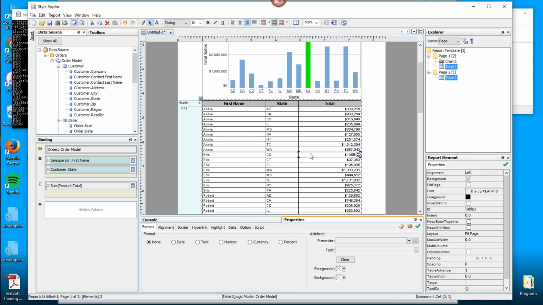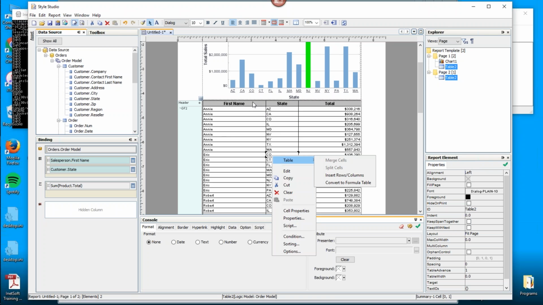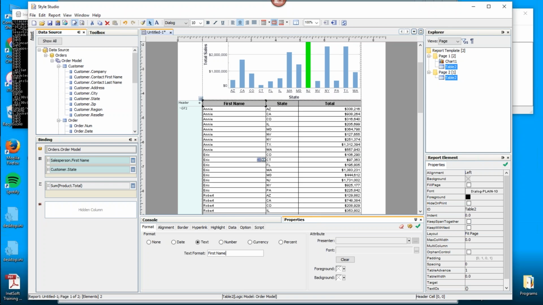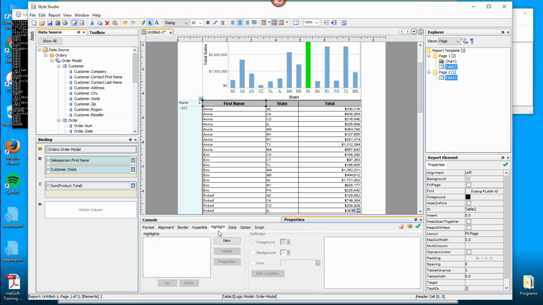Let's go ahead and add the highlight. And again, the highlight here is going to be that we want to highlight the state of New Jersey. So I'm going to right-click, click on the table to select it, and then in the Properties panel at the bottom, there's the Highlight tab, and I'll set a highlight just like we did for the chart. So the highlight will be, I'll call it again NJ. I can use the same name again, NJ, and you can see that for a table, there's a few other formatting options here: foreground, background. In this case, I'll do background, so I'll set background green.